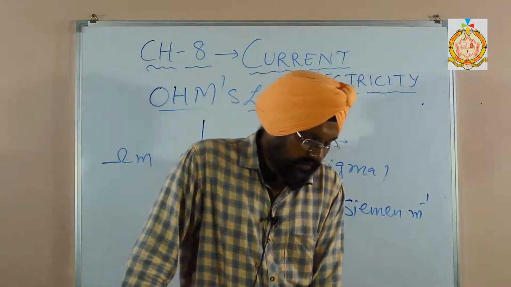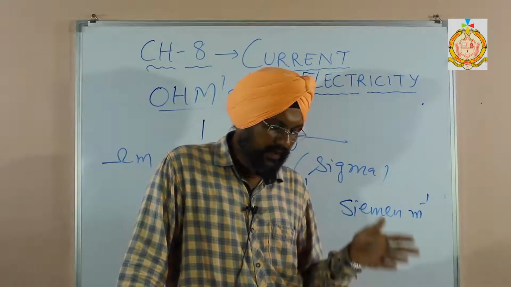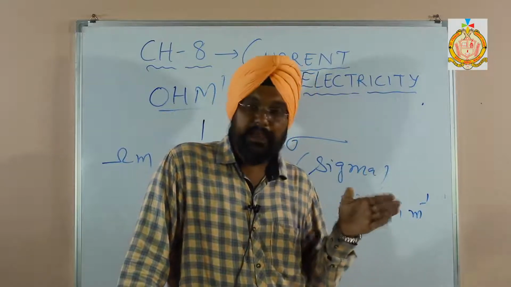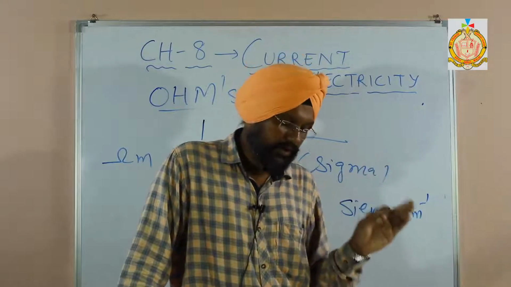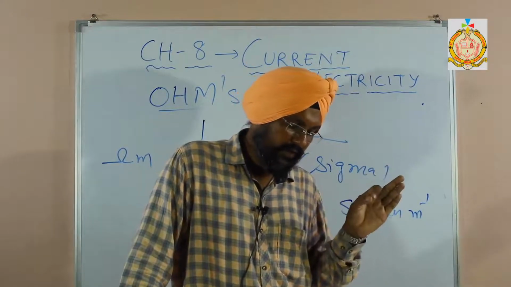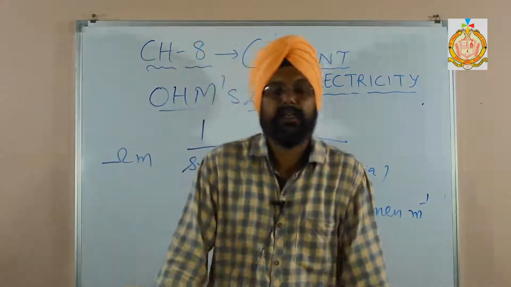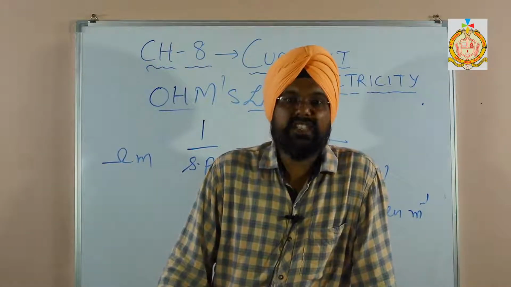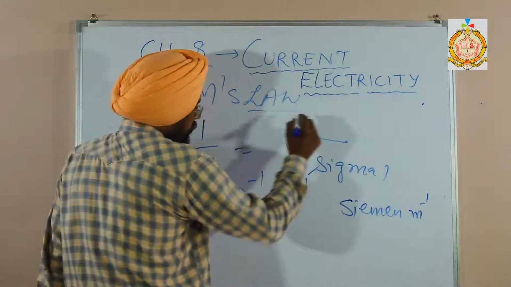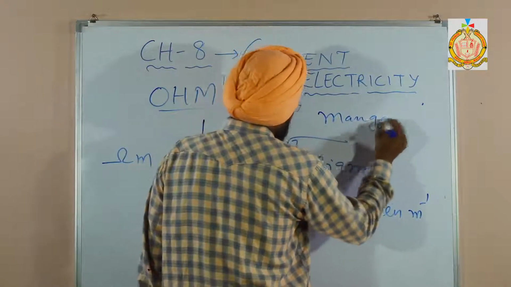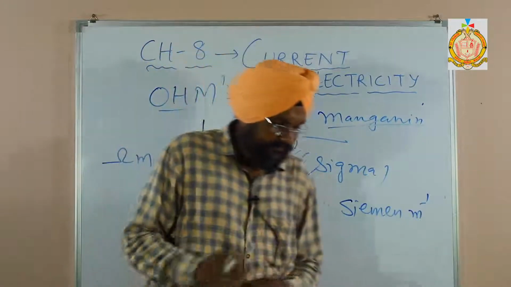The second one is resistance wires. Specific resistance is high for manganin and Constantan. So name the material which has a high specific resistance, or the standard resistors. The standard resistors are Constantan or manganin.